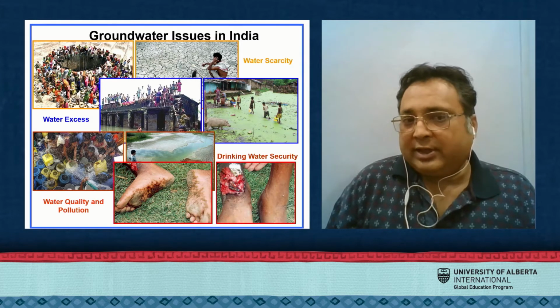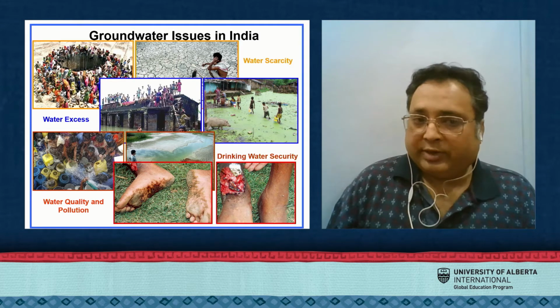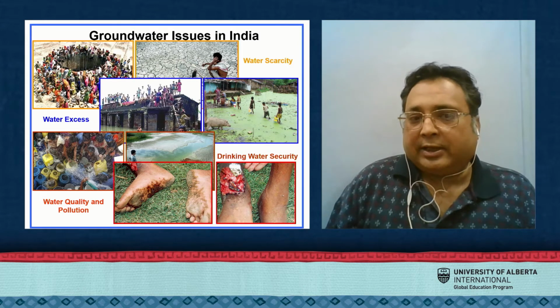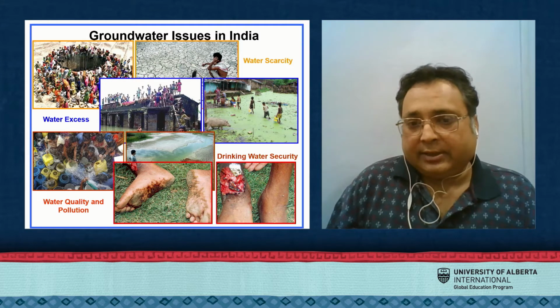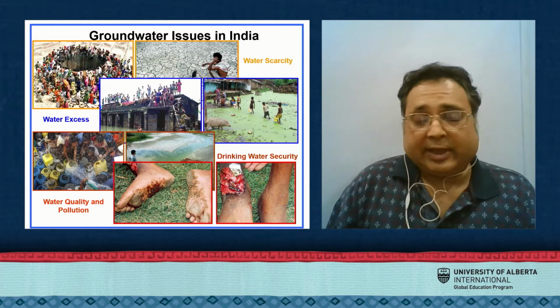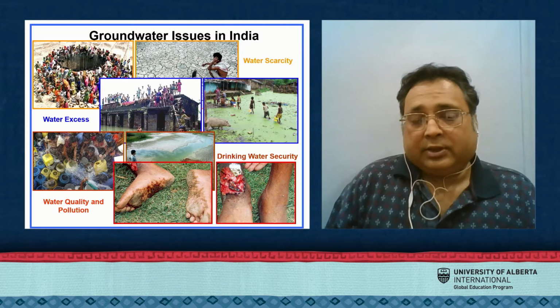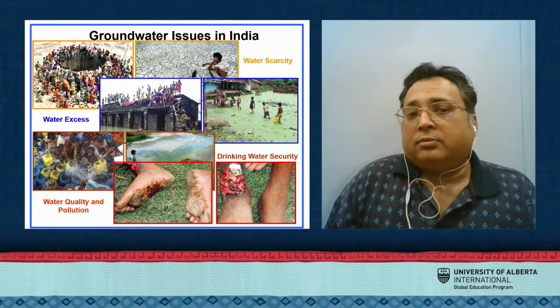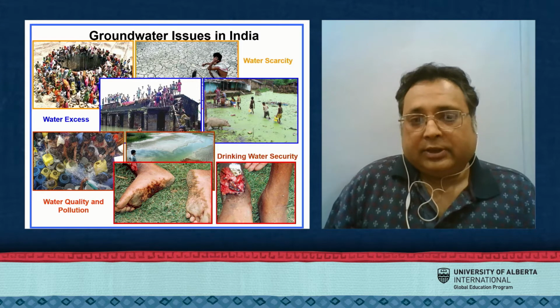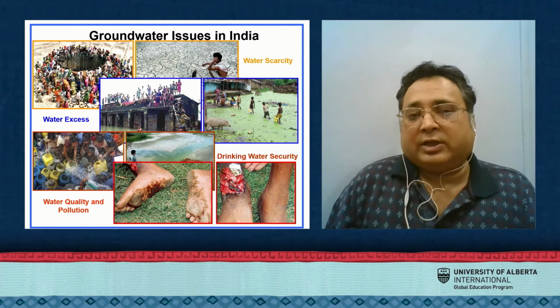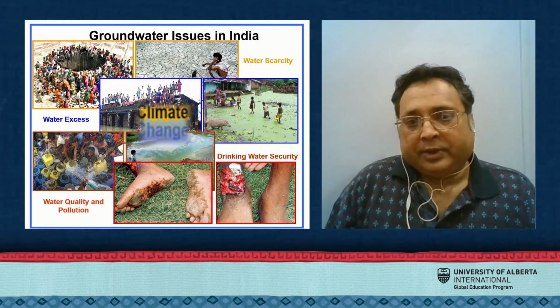And then, if you don't have good drinking water, you are going to end up with this. These people that I'm showing you in the photographs are just suffering from drinking bad water. These are poisoning from arsenic, and these are real photographs that I took myself in the field. So it's not sufficient to just have water pour out of the tap. You need to have good clean water for your survival.